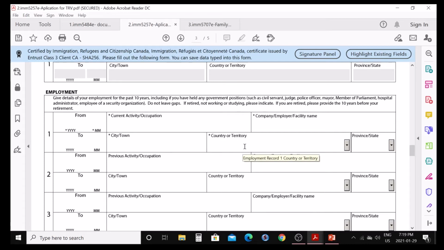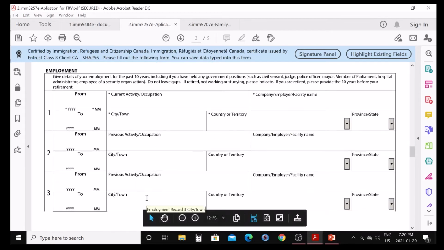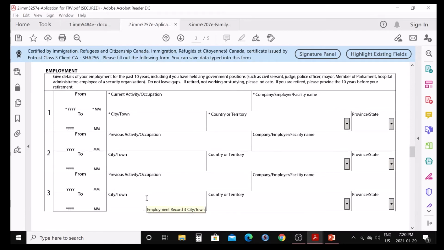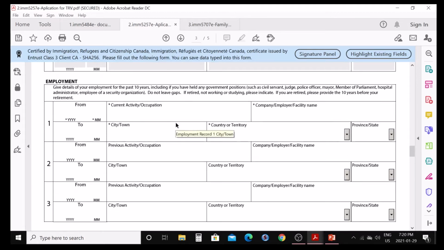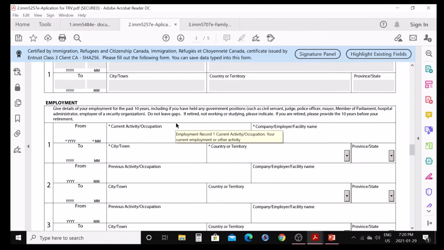So in this you are going to write the other way around, like the current one first, like if you retired in 2020, you are going to write first where you retired from, before that where you were working number 2, and before that where you were working number 3, like this. So you are going to go from current to the past, past, and past for this employment history. And if you don't want to show anything, at least you need to show something.